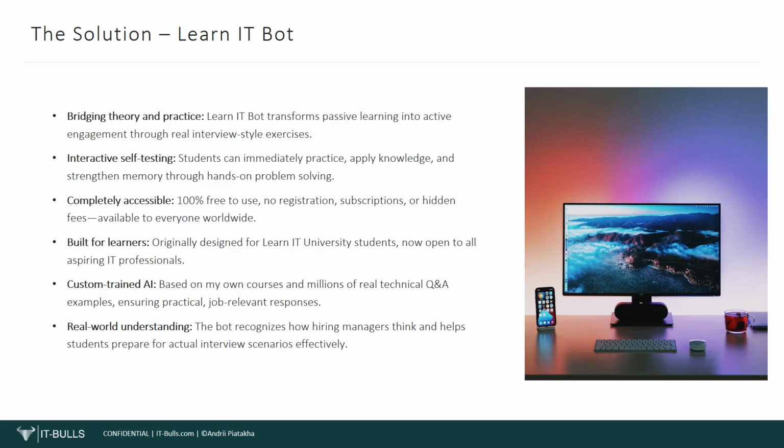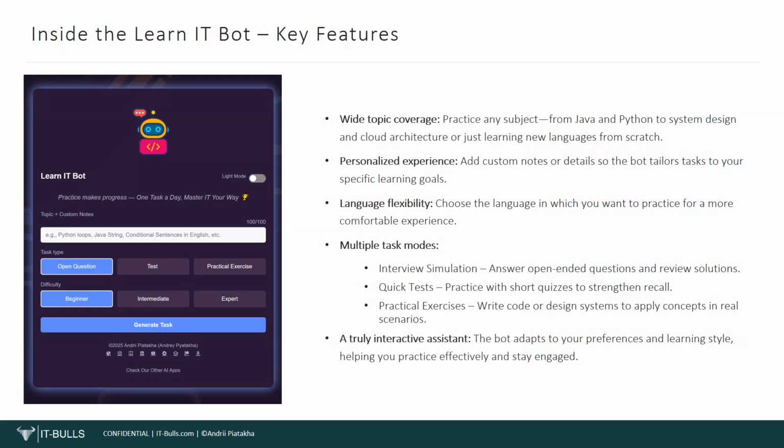In other words, it understands not only the theory, but also the way hiring managers think, the phrasing they use, and the traps they often set. This combination makes the Learnit bot a unique and powerful companion for anyone who wants to turn knowledge into real, job-ready skills. Let us now take a closer look at the key features that make the Learnit bot so powerful